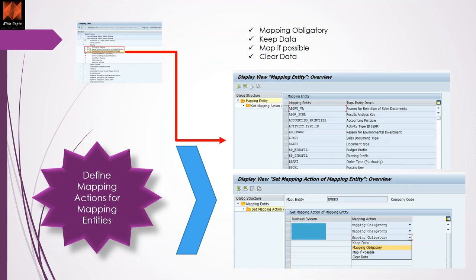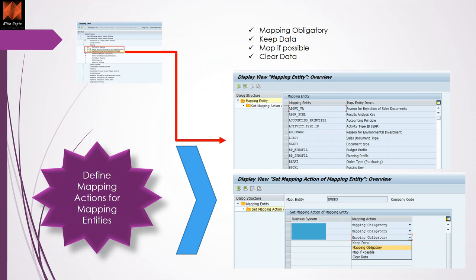If company code 1000 exists, it will post. If it doesn't exist, it will fail and say company code 1000 missing. So mapping obligatory is very important, and it changes by object. In the case of company code, if the four-character company codes in source and target are different, then you use mapping obligatory.